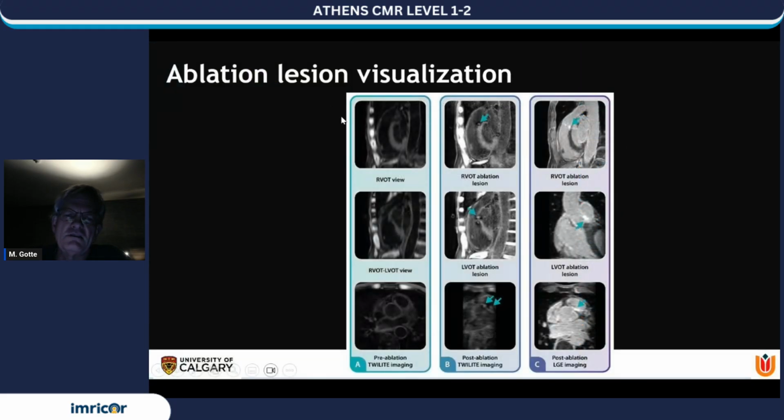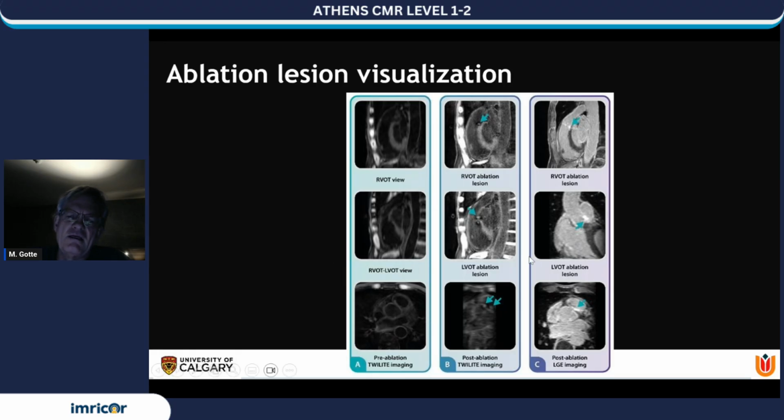After this ventricular ablation, we did some advanced imaging, and we have pioneered the twilight sequence. This is another important aspect which was not discussed in detail in the previous talks. If you want to use the image data to guide you and to assess if ablation lesions are durable, you can only do this using imaging strategies without the need for gadolinium, since if you have administered gadolinium, you cannot repeat that procedure. And the twilight imaging strategy allows you to visualize lesions without the need for contrast agent and in the presence